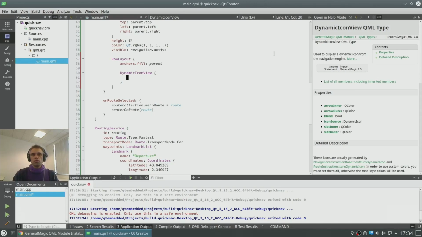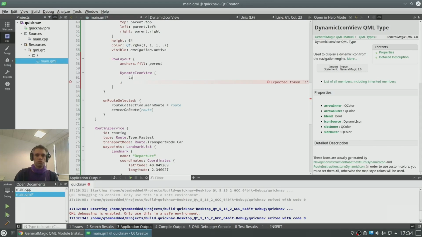So that would be a lot of icons. So this class can actually generate an SVG file that is custom dynamically generated for the turn that is coming up. So that way we don't need that many icons because we generate them dynamically. And it is also customizable.